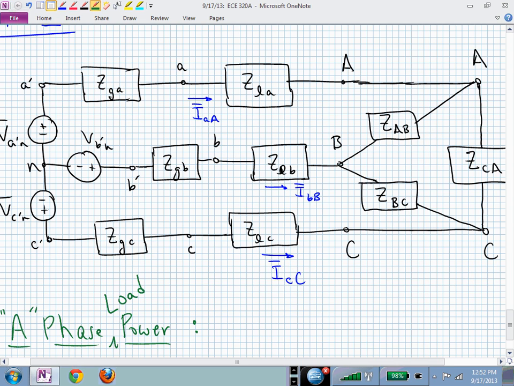Anybody brave enough to venture a guess or a correct answer? What's the idea? What did we do last time? If we say, wait a minute, this is quite a bit different maybe, but what did we do last time? We looked at the A phase impedance. Then we simply had to identify the voltage dropped across that A phase and the current through that A phase. And then we had our formula, or the variables that we needed for our formula. If we do this similar kind of thought process here,